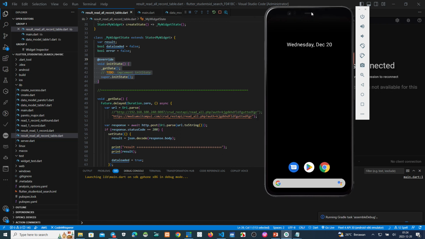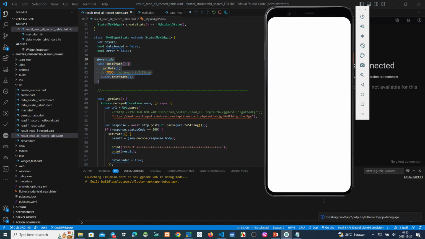Oh, too late, too small, the speed is not faster, very slow. Okay, maybe in a few seconds we can see the result, the JSON data from the backend.